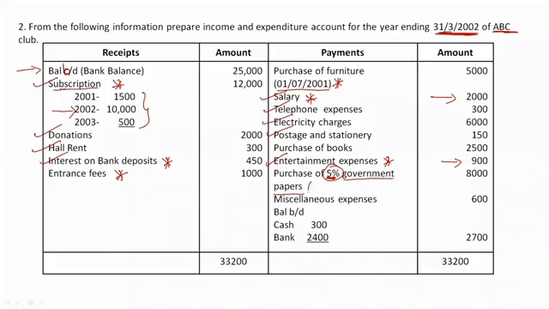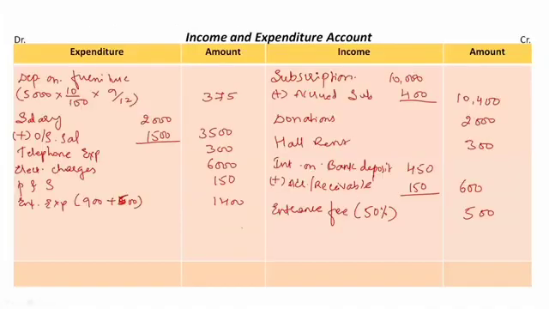But there is another information in the question which is given, which is missed here, unfortunately. The date was mentioned. On which date were the government papers purchased? The date is mentioned, which is 1st October 2001. It was purchased in the middle of the year, in the month of October. So I'm receiving interest for 6 months only, October to March. So in the income side, take it as interest on government papers.